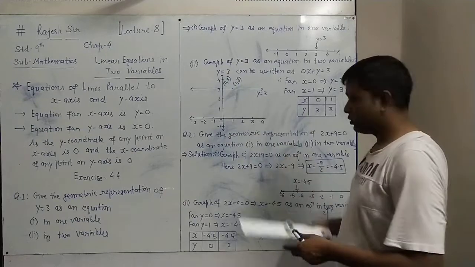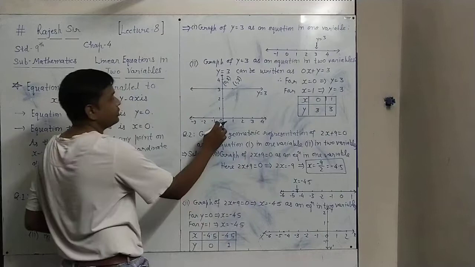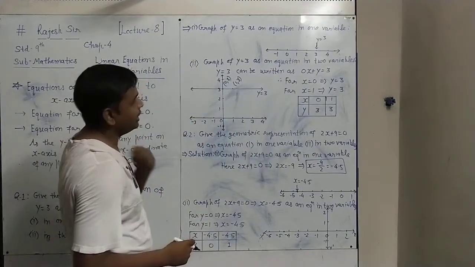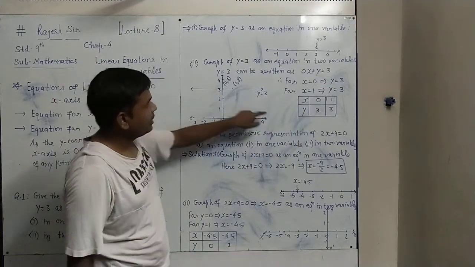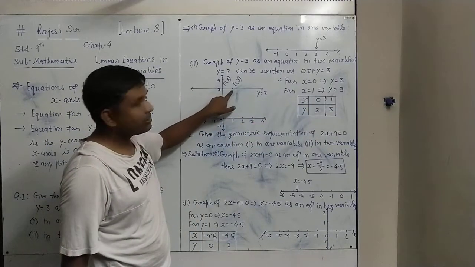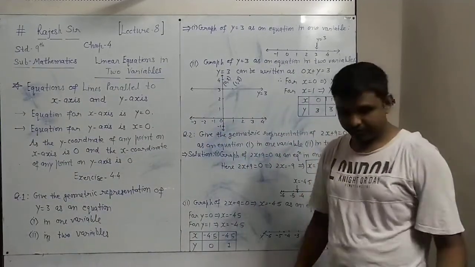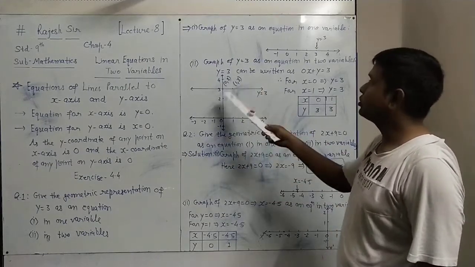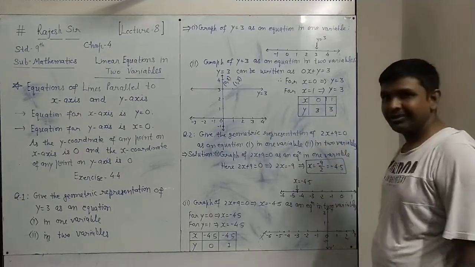So the x-axis is drawn here and the y-axis is drawn. On the x-axis, as usual, 0, 1, 2, 3, 4, minus 1, 2, 3, 4, and on the y-axis, minus 1 and 1, 2, 3 on the upside. So (0, 3) is the first point. (0, 3) is this point. The next point is (1, 3), so (1, 3) is this point. So we are getting these two points. Joining them, we get this line of y equal to 3, and as the x and y coordinates are shown, it is shown in two variables.